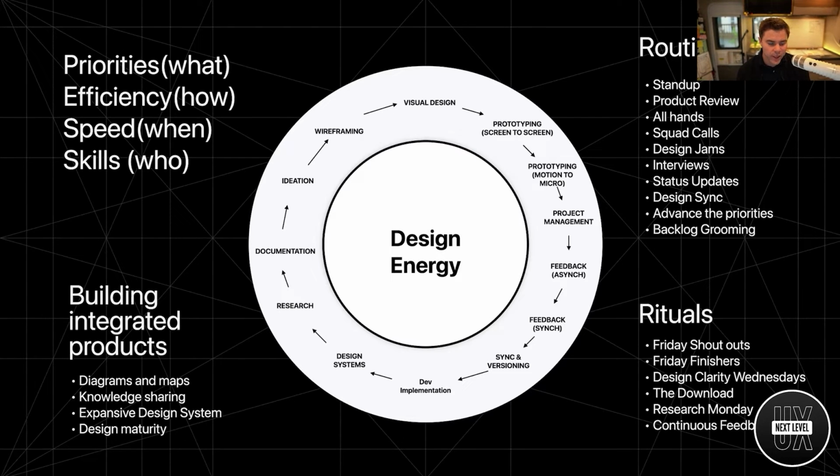Same thing with building integrated products. The best teams that I've been on, the best units that are producing so good, so fast, so efficient, they understand that these four things down here in the very bottom left are so critical, right? Diagrams and maps. How do we have active diagrams that explain how things work? And do we have maps to be able to look at an aerial view and see how they function? Do we knowledge share? Do we have these rituals and routines built into our frameworks that allow us to share knowledge thoughtfully and with high intent, where it's no nonsense, right?